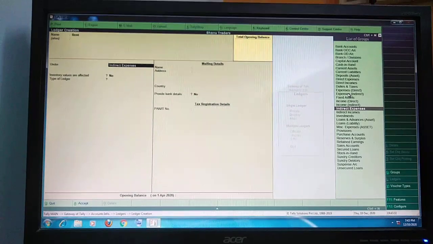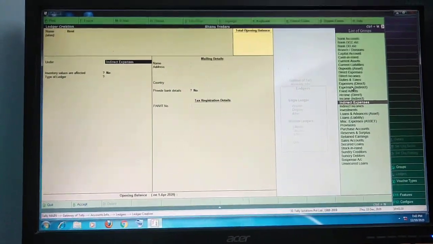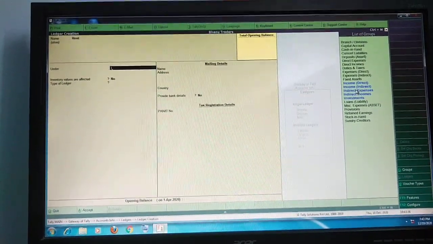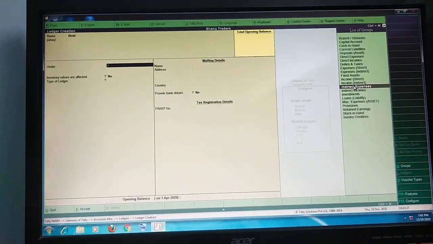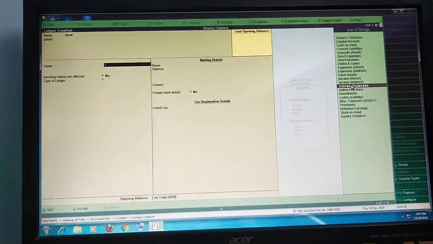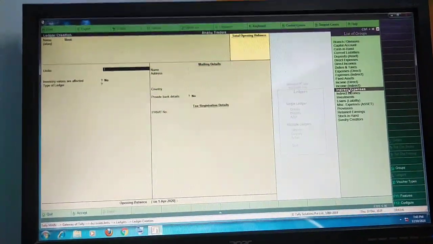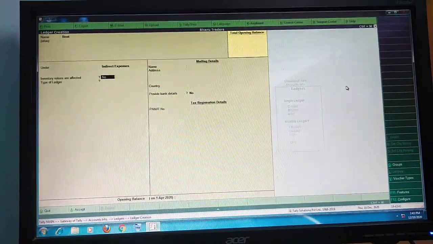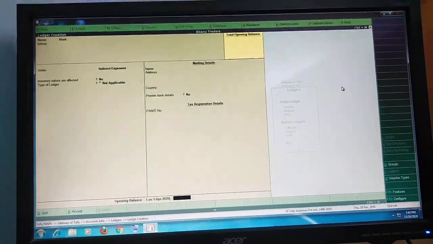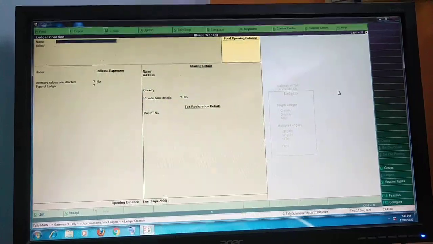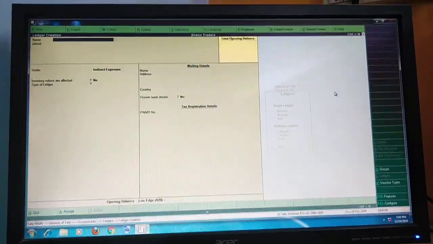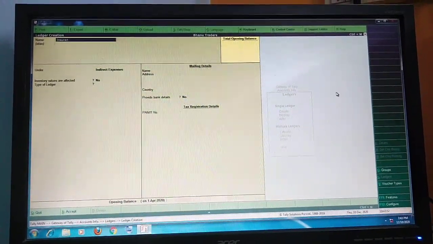Rent to which group? Same as usual, rent paid is also an indirect expenses group. Select indirect expenses from your list of groups. Press enter again, accepted, completed. Now I will go to the insurance, one more ledger created.